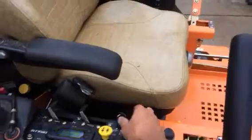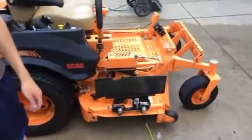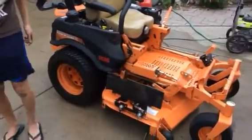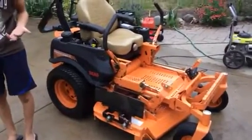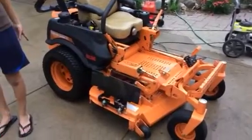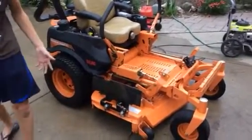So anyways, a couple weeks ago, Grass Monkey was saying about his, I don't know if he's got a V-Ride 2 or a V-Ride, but it's a 52-inch, which is like what we have. And it was scalping a lot in this gnat, and I had noticed that ours was as well. And so, long story short,